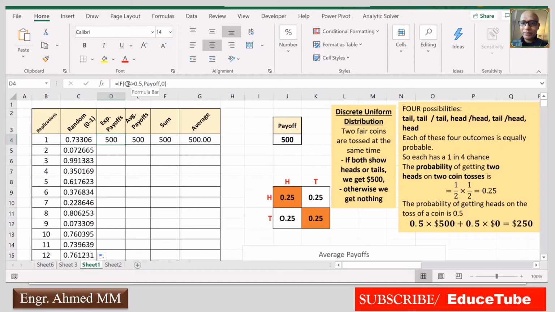That's why I have to type the formula: if C4 greater than 0.5, then comma, then payoff. If not, then 0, according to these requirements. This is only one value we created using this formula, but we want to create 1000.